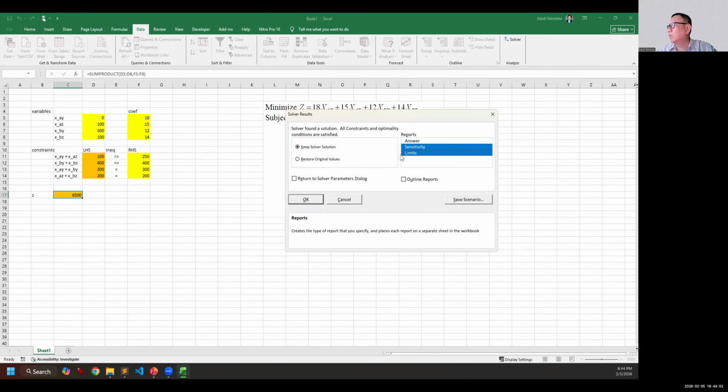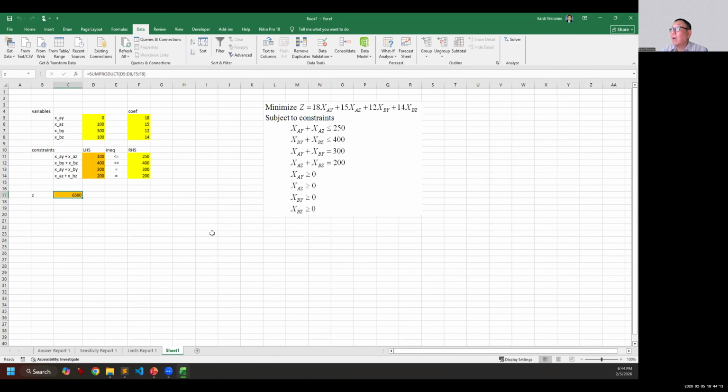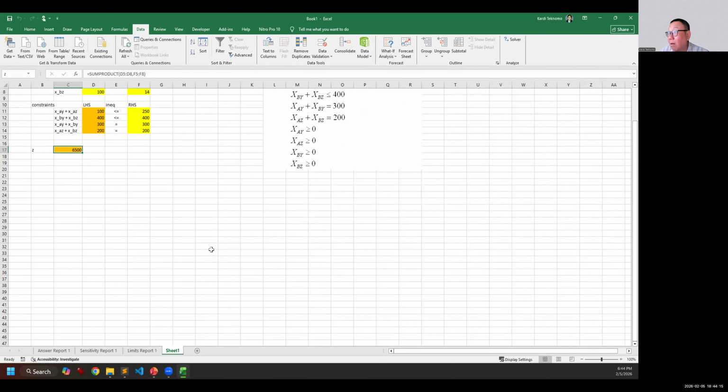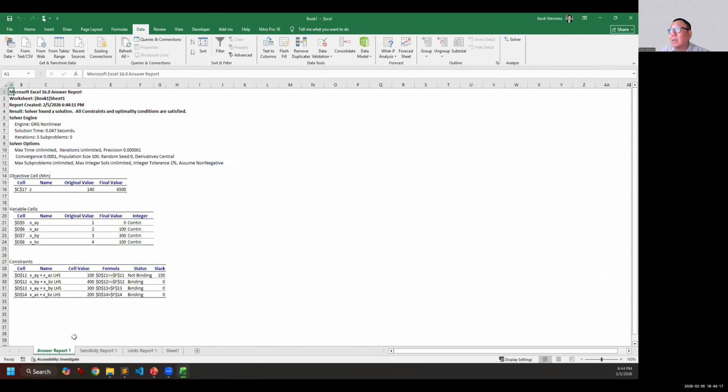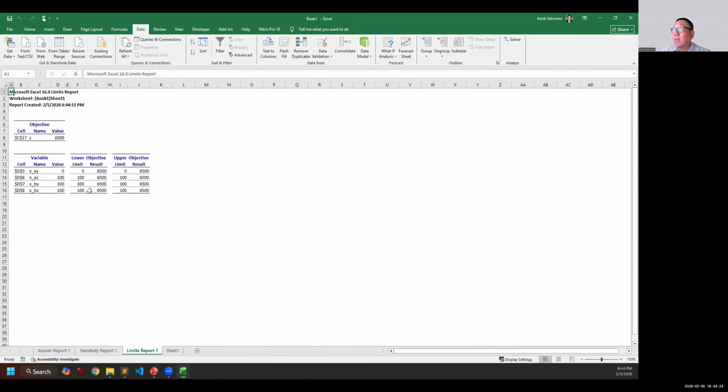So you just add, and then click OK. Now you put the three of them. And click OK. There. You get the answer report. You get the sensitivity report. You get the limit report. Exactly the same as in the calculator.